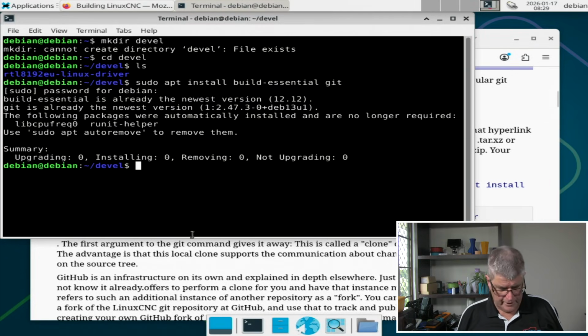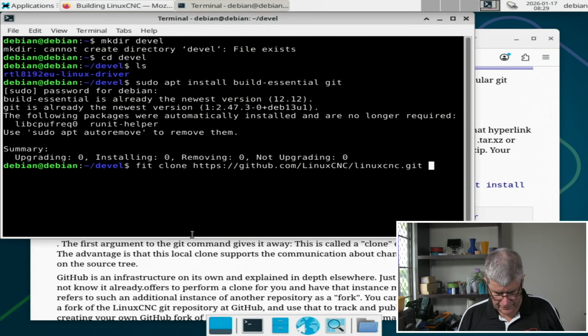And now we can git clone https://github.com/LinuxCNC/linuxcnc.git,